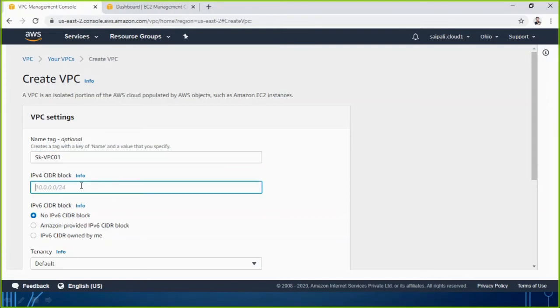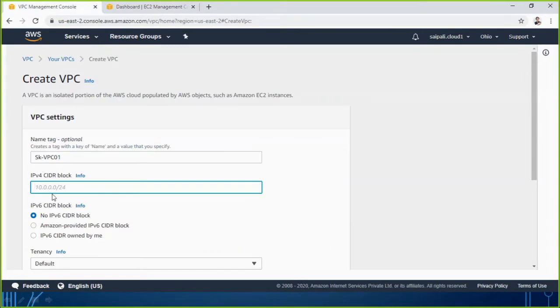Next is CIDR block information. I have already shown you that the default VPC, which is already created, is using a class B IP address with /16 CIDR value. Similar to that, what CIDR and what IP version 4 address do you want to use for your network? Maybe I use 10.0.0.0/24 or /16, meaning that will be my whole block size. Whenever I create the subnet, it should be within this area.